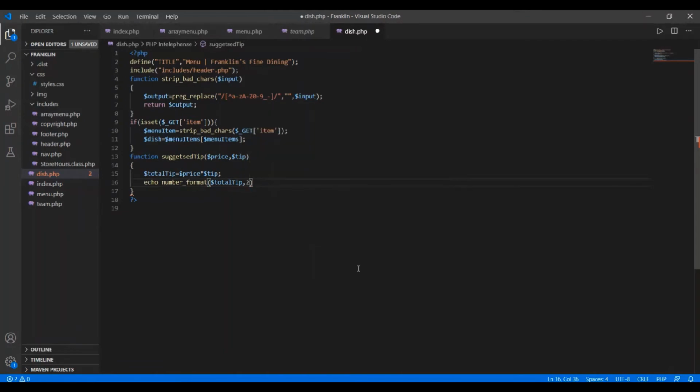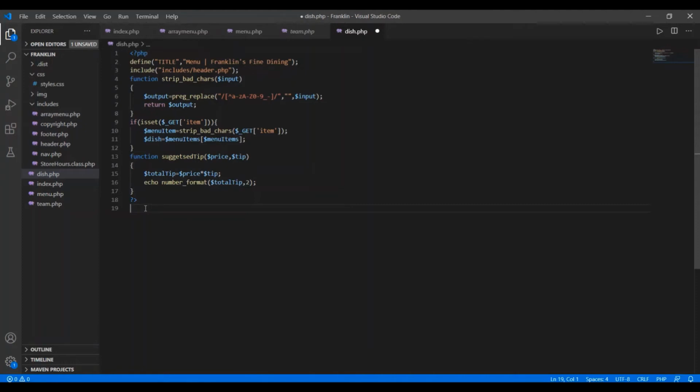It means that whatever the value of total tip comes over there, we just wanted to display it up to 2 decimal places. Okay, so this is done. After this we have to close this function.